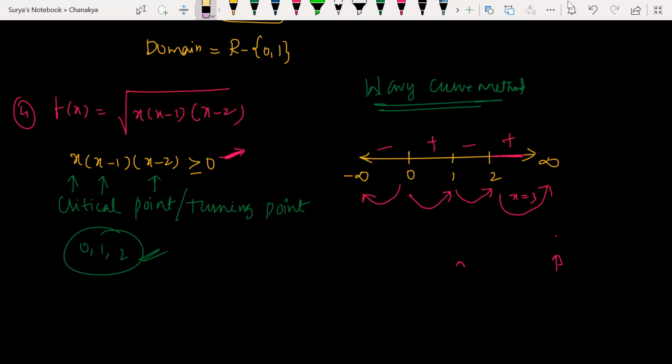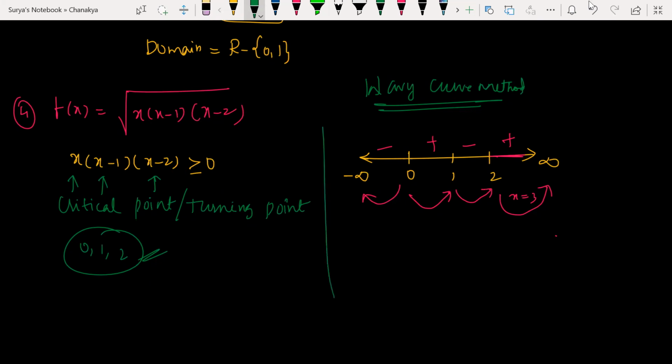Yes, sir. Now look at this here. Now what do you need to do here? This is what I got. But what do you want here? What exactly do you want? Tell me. My answer should be greater than or equal to 0 here. My answer should be greater than or equal to 0.